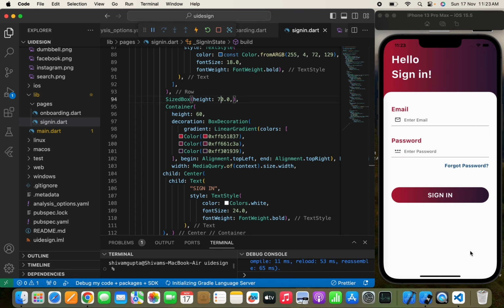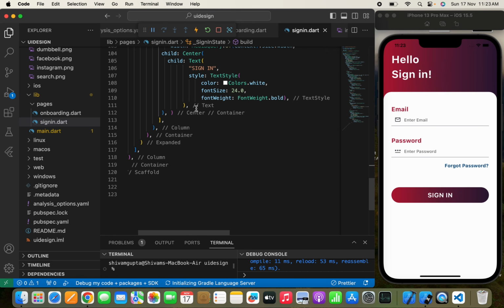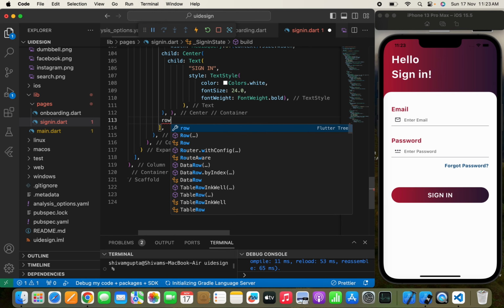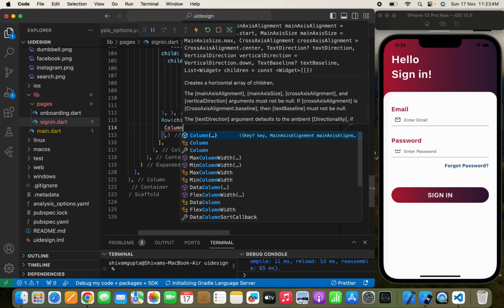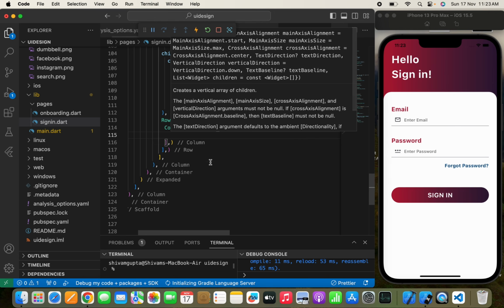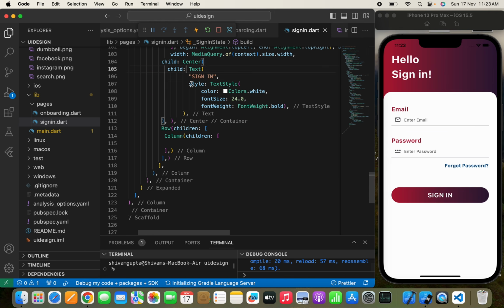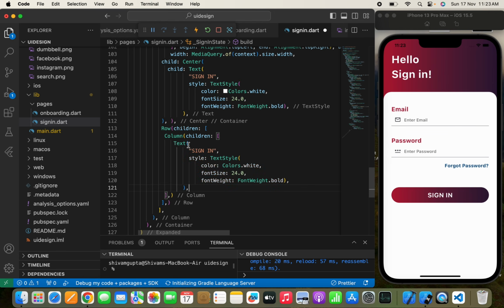So we can simply pass a text like "Don't have an account? Sign up." So here we need to do one thing. I will use a Row widget again, and here we need to pass a Column widget, and children. Now in this Column widget I need to simply first pass a Text widget. So we'll pass a Text widget, and here we'll write